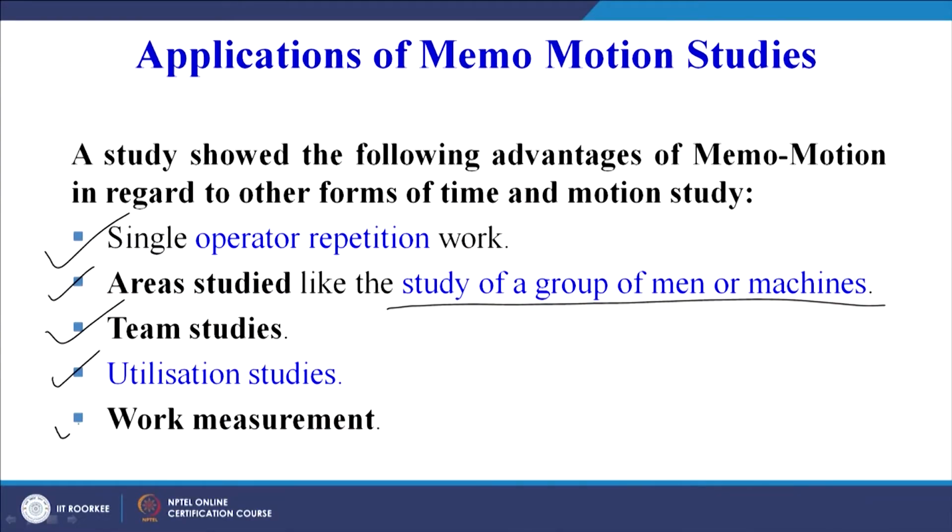Utilization studies and work measurement are also areas. Work measurement we have not discussed till now, but after the 7th week of our discussion, in the 8th week we will start focusing our attention on it. But currently our target is to develop a better method of doing the job, and all these tools and techniques that we are learning, the graphical tools, the filming techniques, the micromotion in the form of therbligs, the SIMO chart based on therbligs and the time units in winks, the micromotion study, all these will help us in devising a better method.